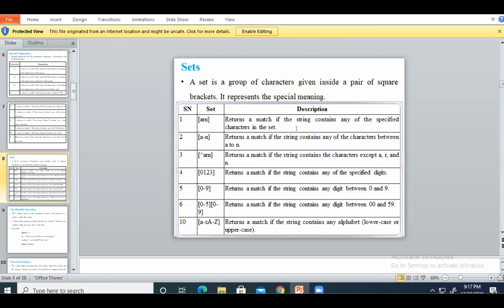Okay, then next, [a-n] means what? It returns a match if the string contains any of the characters between a to n. Suppose we want to find a specific character or pattern in between some of the alphabet, that time we are using opening and closing square brackets, in which we are providing a range operation. [a-n] means our string contains a character in between a to n. Okay, next